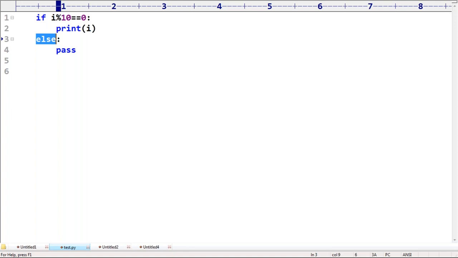Everyone got what pass is? Pass is nothing but an empty block. Sir, you have to do something, but you don't know how to do that. Just leave it empty, just pass. Later in the future, we will be able to fill that, to implement that. Such a type of thing is pass: empty. Don't do anything that way.